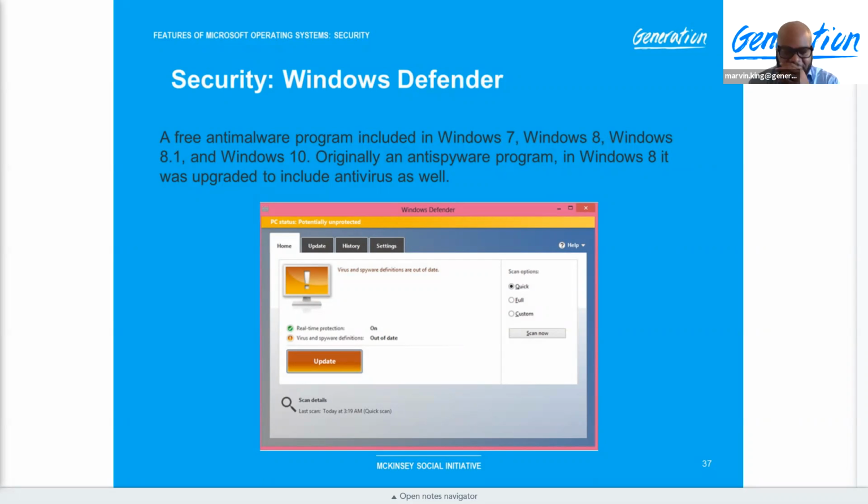If I get you to read this one for me, sir. Yes. Free anti-malware program included in Windows 7, Windows 8, Windows 8.1, and Windows 10. Originally an anti-spyware program in Windows 8, it was upgraded to include antivirus as well. I'd say anything is better than nothing, but I do feel like just for peace of mind, you would want to have something